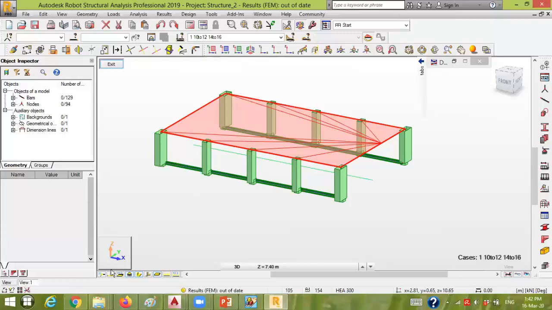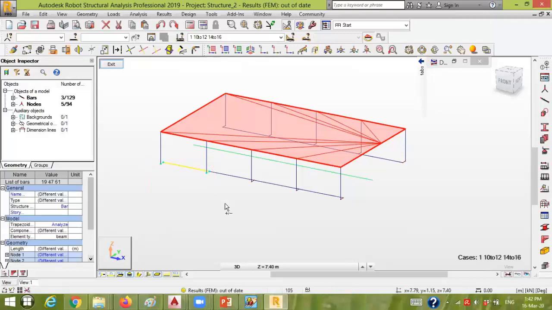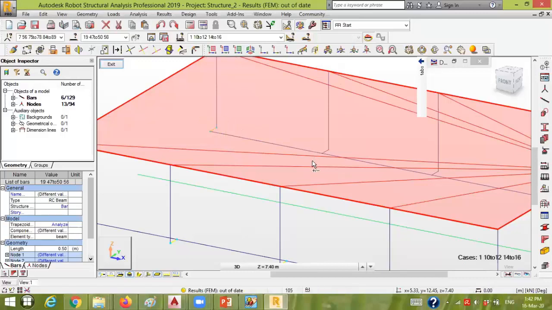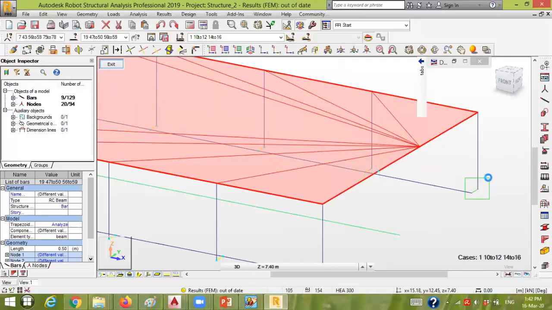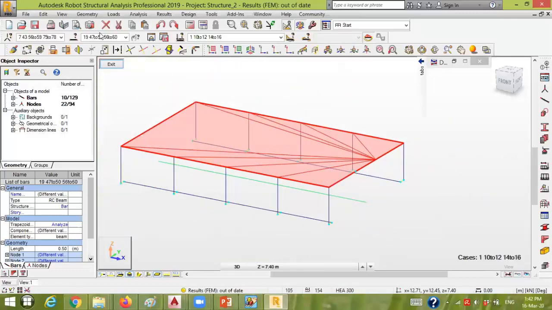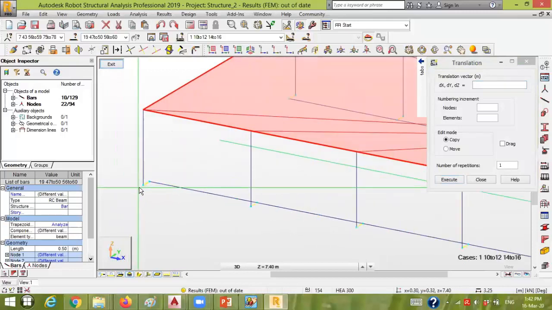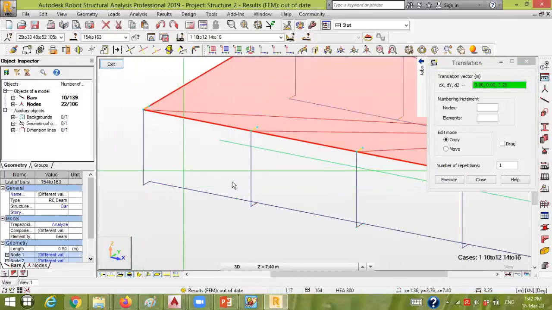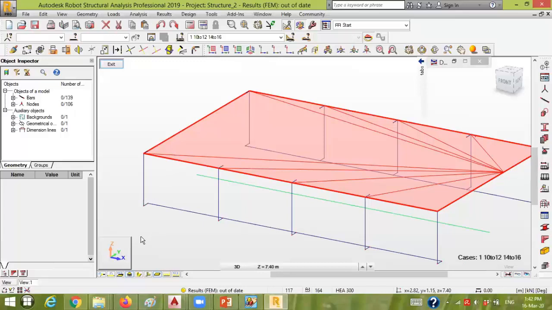I will make a copy for the corbels. So I will copy the corbels from here to here. Then I will link the corbels at the top with a